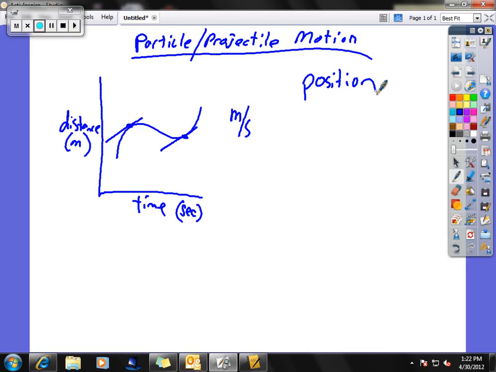Now, we have a function for position, which is the same thing as distance. So the derivative of that function, which is the slope. The derivative is the slope, right? We said the slope is velocity. So the derivative of position is velocity. And it turns out that the derivative of velocity, we'll get into this later,